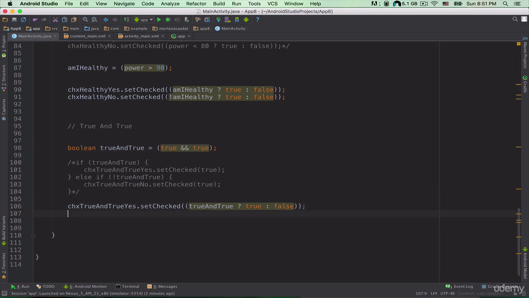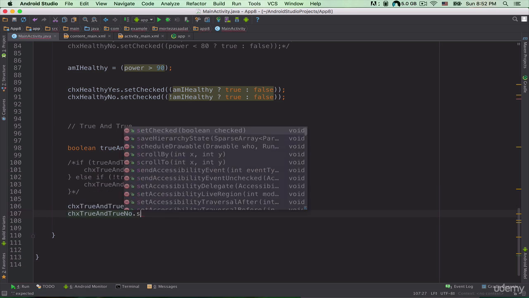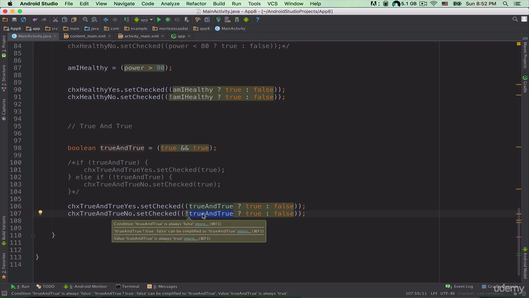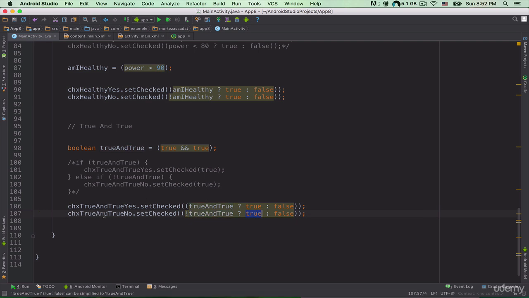Now let's create another line of code here, chxTrueAndTrueNo.setChecked, and here again I need to put in a pair of round brackets, and now an exclamation mark, trueAndTrue, question mark, true, otherwise false. So here I am specifying that if the value of this trueAndTrue variable is not true, so it is false, then assign the value true to this setChecked method that is related to this chxTrueAndTrueNo object,